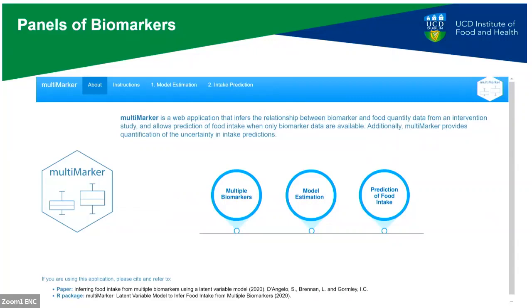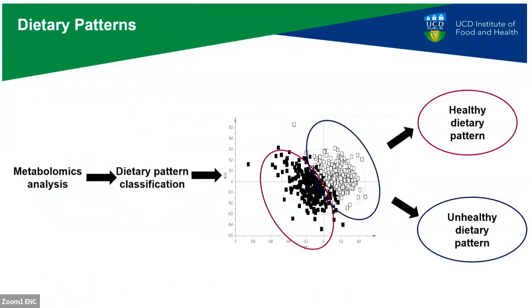And then for the last few minutes, I'm going to talk about dietary patterns, because we don't eat foods in isolation, we eat them together. So from an epidemiology point of view and a health promotion point of view, we're actually interested in that combination of foods. And we asked a question: could we use metabolomic data and biomarker data to classify individuals